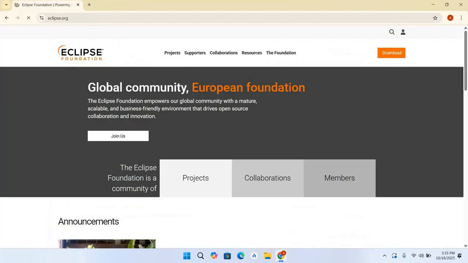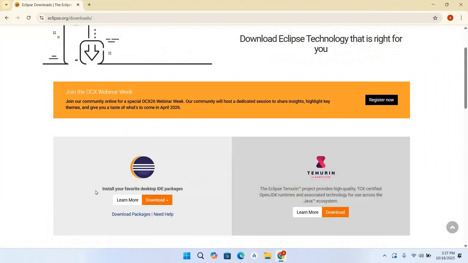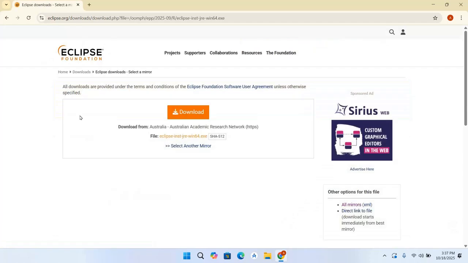Click on this. Now it is open and here at the top you can see a download button. Click on this. As you can see here, the latest version of Eclipse is available. I'll click on this download and download this 64-bit Eclipse IDE. It will take you to this page, and as you can see here, the download button is available here,